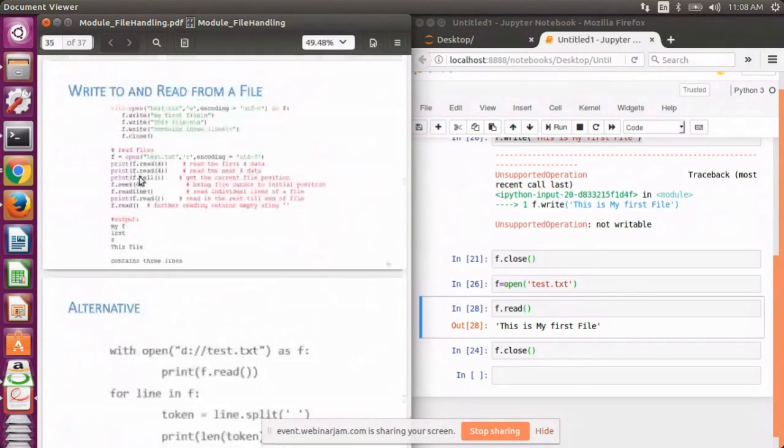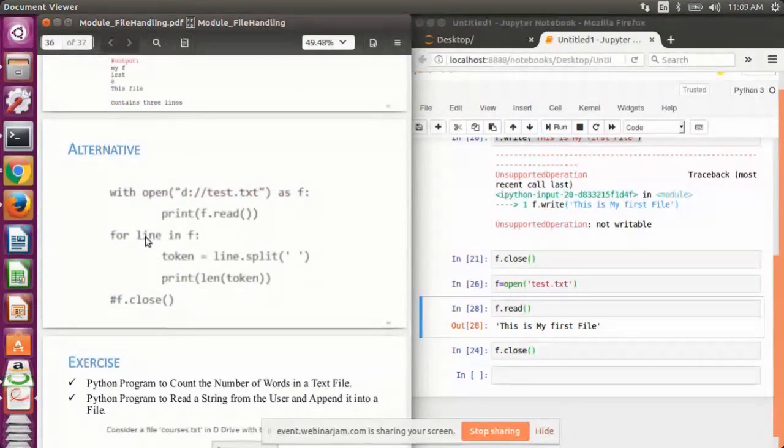Here we were using the read function to read the entire content from the file. But suppose you want to read a file line by line, then we use the syntax of a for loop. Here we are reading lines from the file object and then printing them.